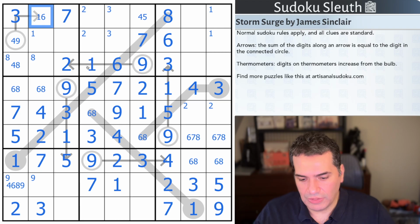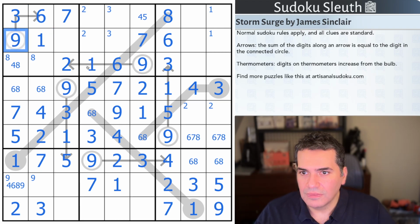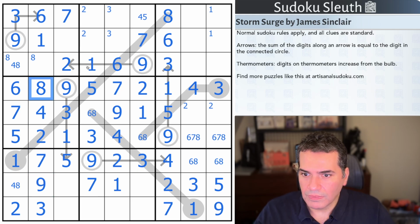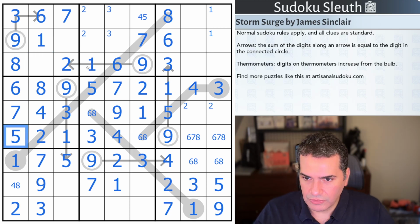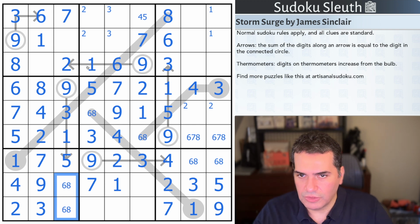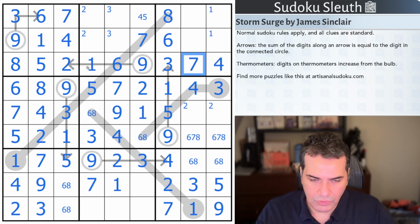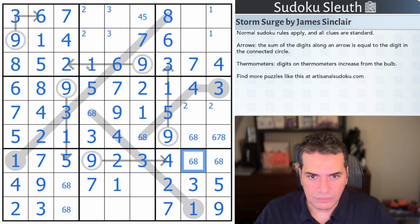7, 6, 1, 9, 9, not 6, 8, 6, not 6 again, is 9. 8 means that's the 8, that's the 4. Right, and now we are in the clear, I'm going to say. This is a 6-8 pair. That gives me a digit up here of a 4, a 5, 2 known digits, 7 and 4. 4 and 7, not 7. 6-8 pair,